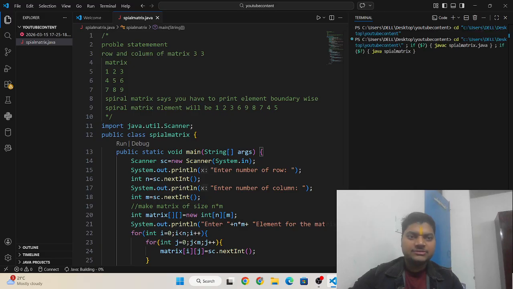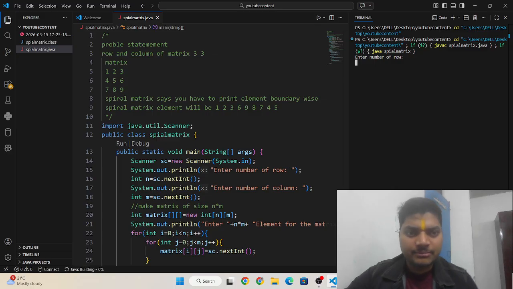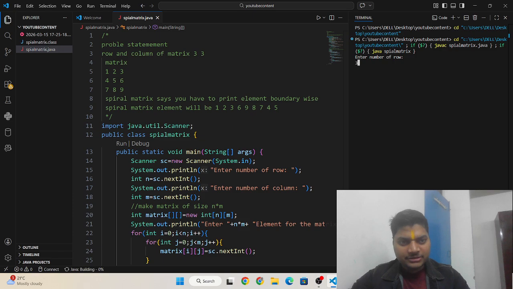It is coming guys, wait. Yes, it came. Here it is asking to enter the number of rows. I am entering 3, and again it is asking for the number of columns.